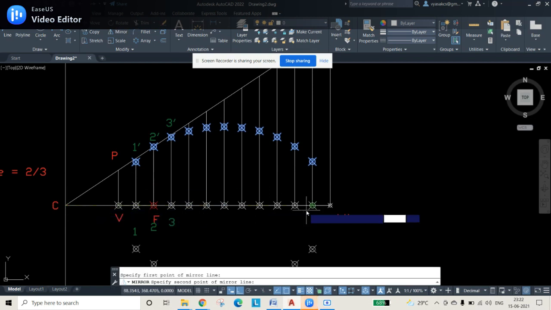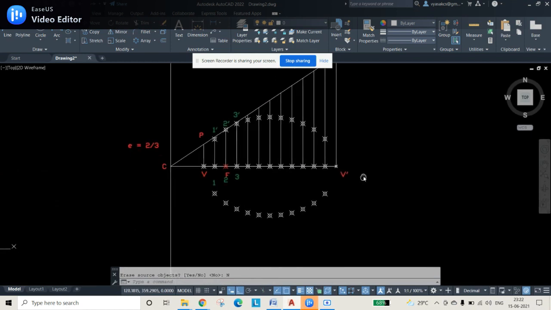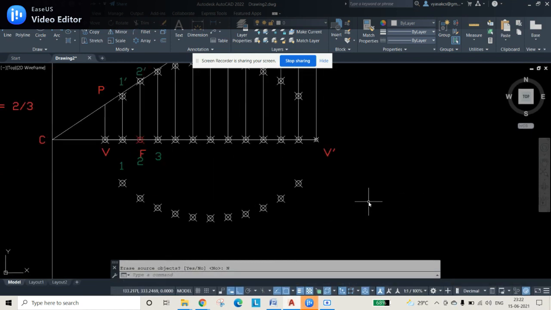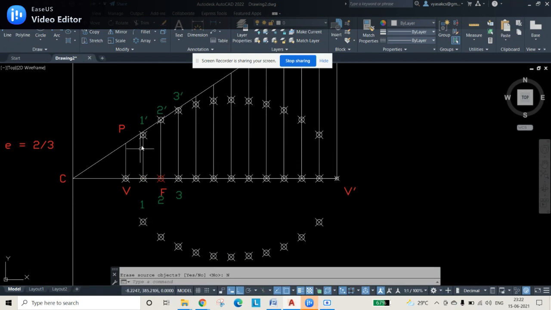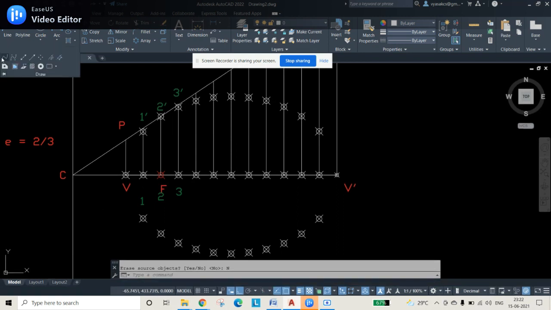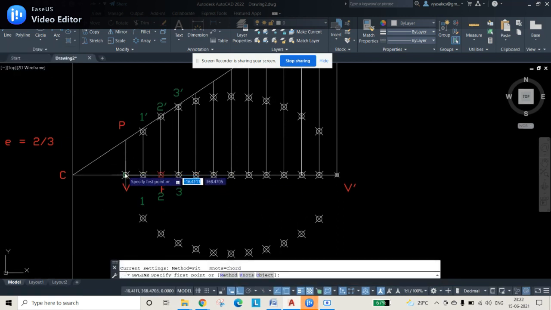From C to V dash I am selecting it and I am pressing no, so that all the points are obtained. Whatever it is, you can do beforehand itself: you can draw all these lines, and directly when you are selecting one dash point, you can select the other point also. Name these points as P1, P2, P3, P4, P5, P6, P7. Now use either the spline command or the polyline command.